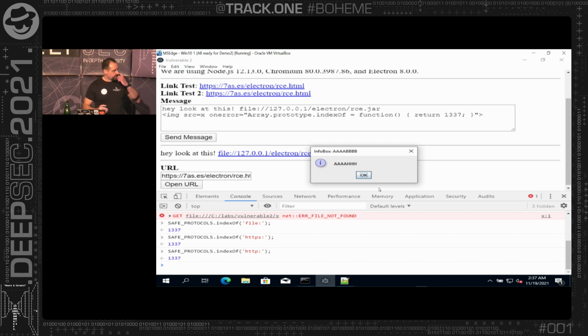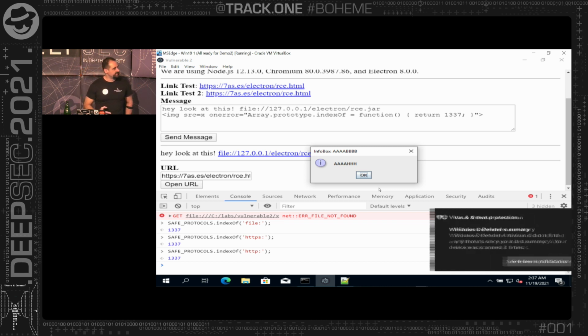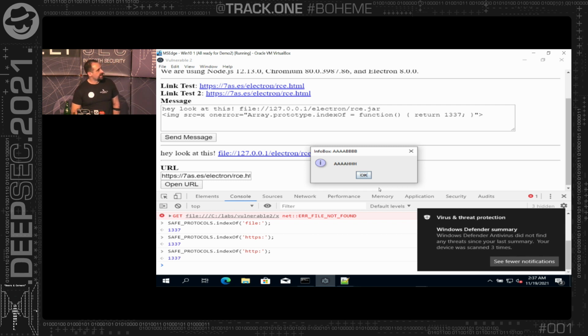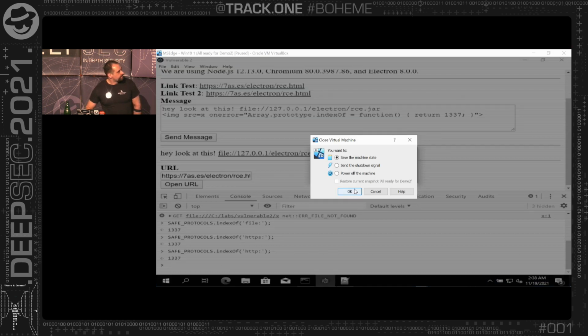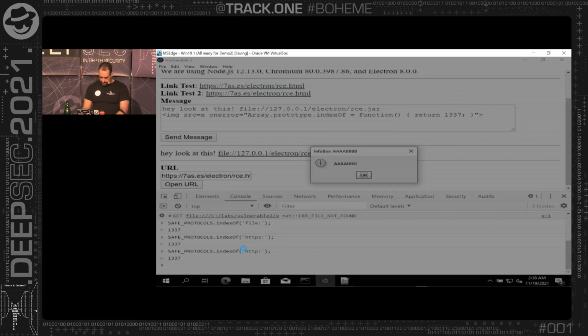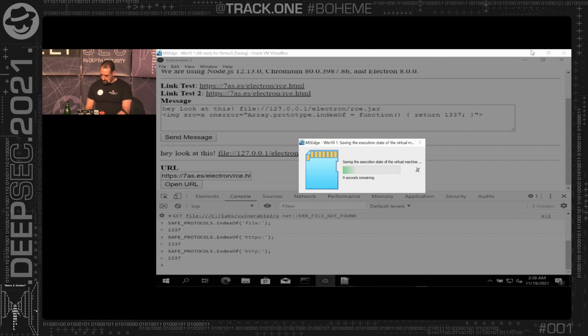In the course itself, we go into other tricks, like, for example, you can redefine other JavaScript functions so that you can send an IPC to Electron itself. That is normally the fastest way to gain code execution. But in this case, we're attacking the preload script specifically, right? So just to demonstrate this. So let me minimize this,